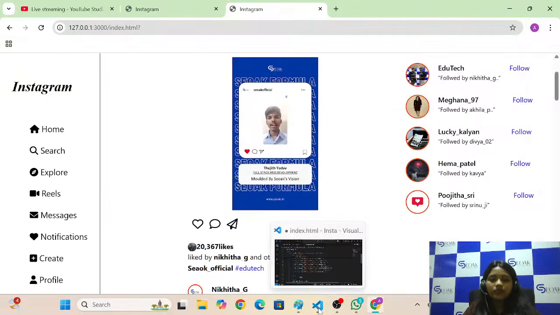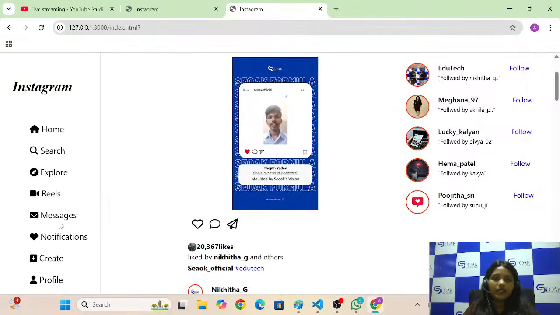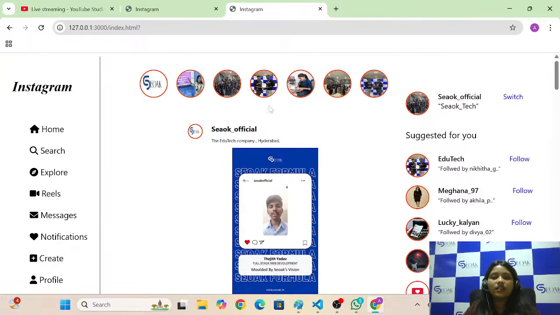So see here, now this part is completed. I took a particular div, and within the div I mentioned the heading Instagram. After that I mentioned some icons, like home icon, search bar icon, explore, reels. Next, I want to create this main navbar. Between this one and this one, I need to get one line. To get the horizontal line we have the tag called HR tag. But to get the vertical line, what I did is I have to